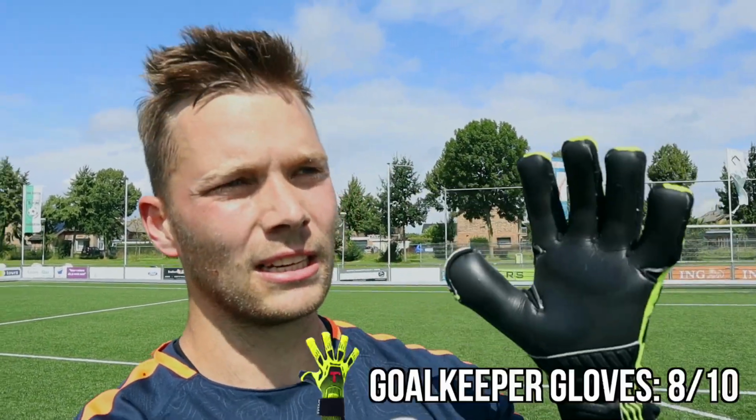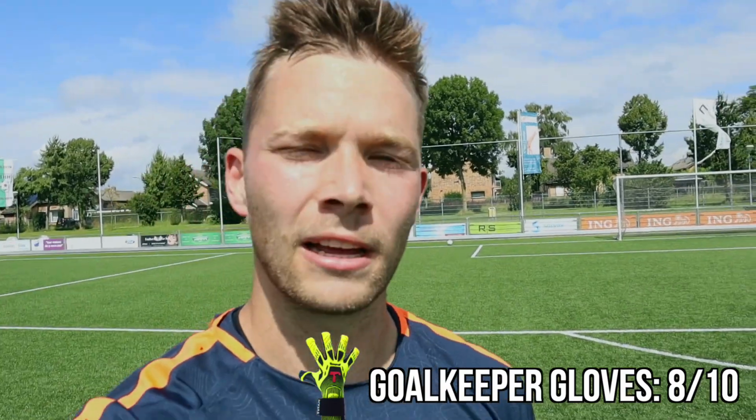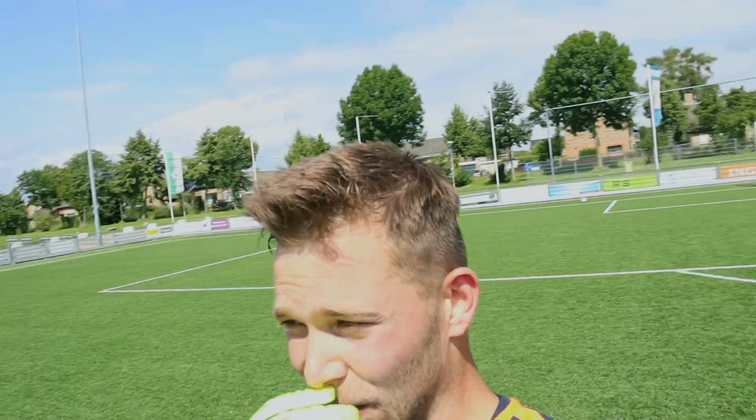All right, so definitely goalkeeper gloves are the best out there, but as you probably saw, I didn't make too many saves with these because I kind of messed my back up and my shoulders are acting up as well, so I'm not going to do too crazy stuff anymore. Got training tonight as well with the team, so gotta make the right decision here and slow down for now. So I'll do the final rating of all the gloves